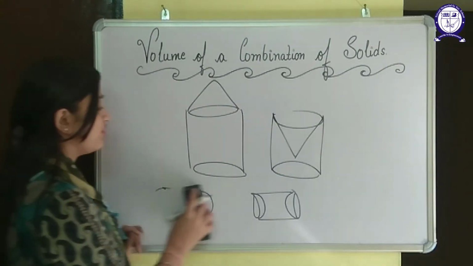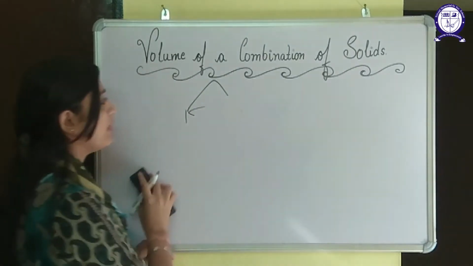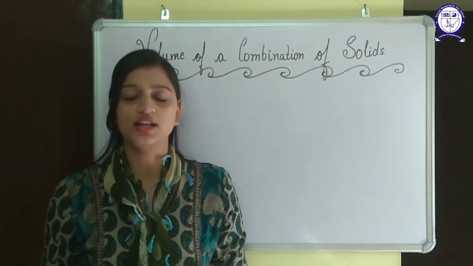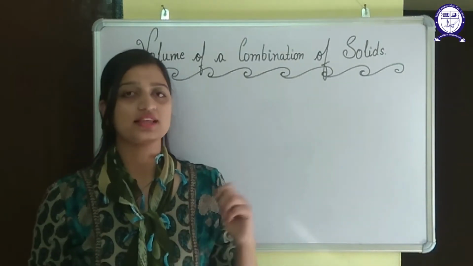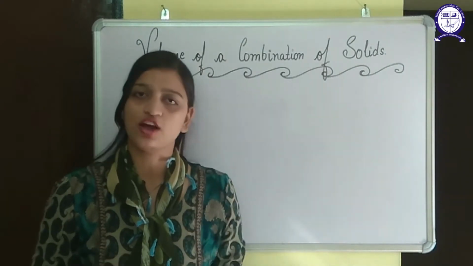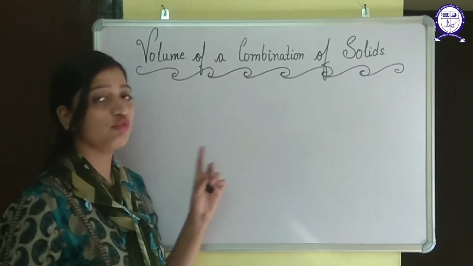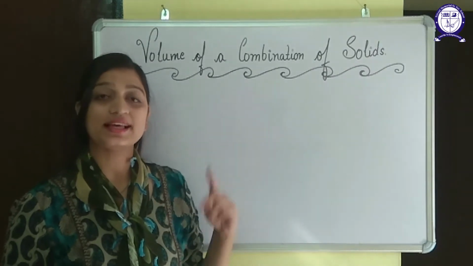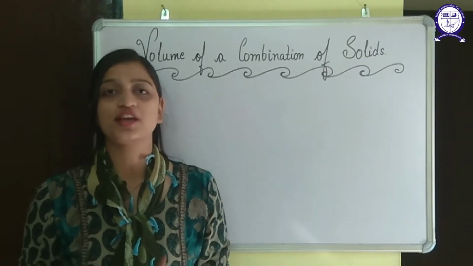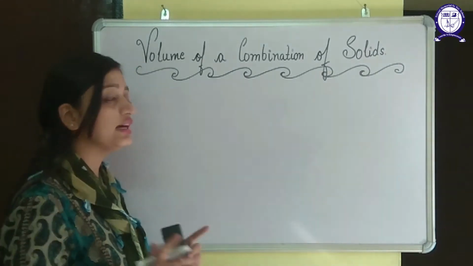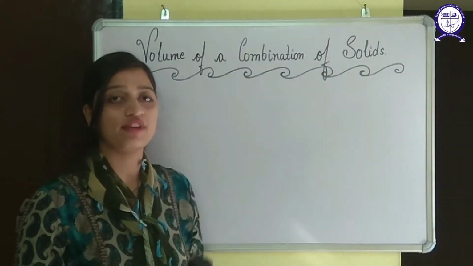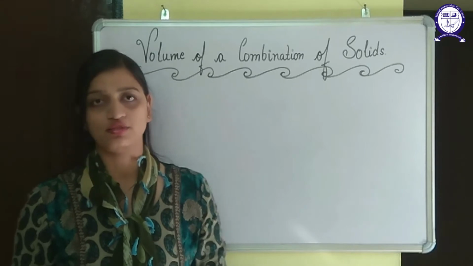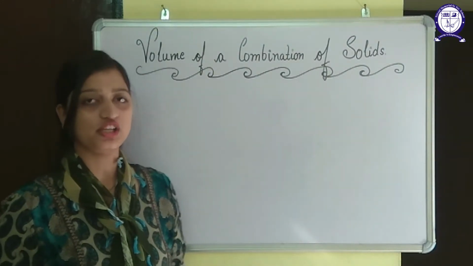In the case of the surface area, we were saying that it doesn't matter whether the solid is on the outer part or the inside of the other solid. The surface area will be the same, that is the area of the first solid plus the area of the second solid. But in the case of volume, volume is the space occupied by that solid, or you can say the capacity of that solid. So, in the case of volume, we will have to make sure whether the solid is on the other solid or it is inside of it. Then the volume will be different for each case.